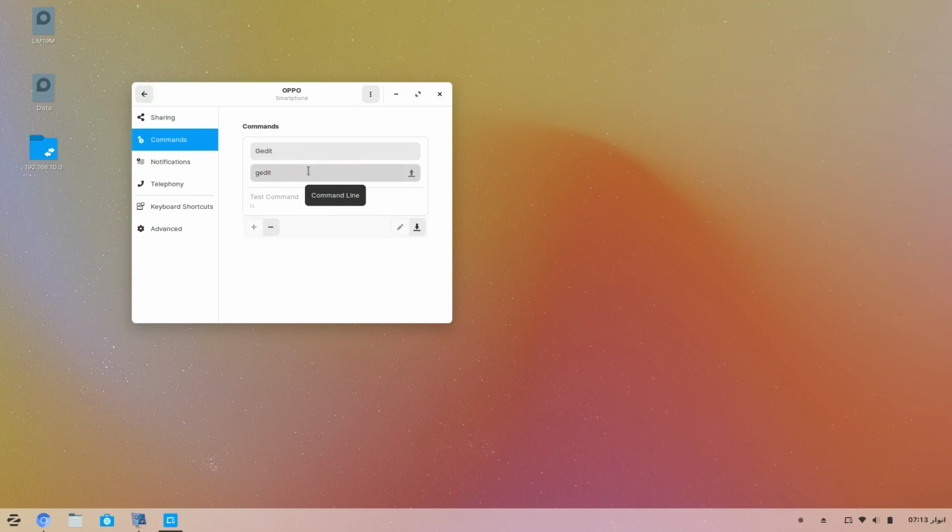You can put here applications, and you can put here scripts link. I have just added gedit and a note editor, default note editor, and now I am seeing there is a run command option on my mobile. I'm just clicking it, and it lists both commands which I'm seeing here. This is test command, and also